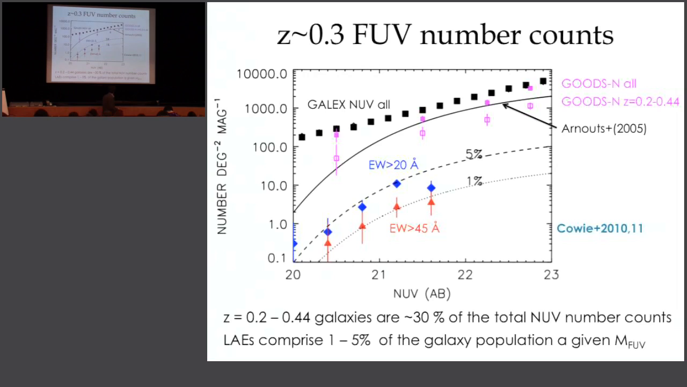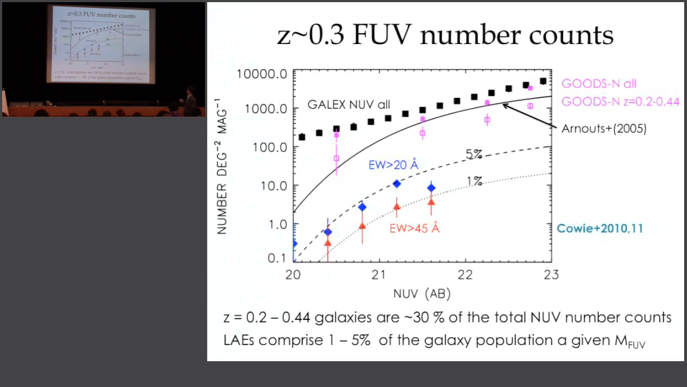Perhaps that's not entirely unexpected. These are the number counts, so how many of the local emitters. Here on the x-axis you have near UV magnitude, on the y you have the number per square degree per magnitude. So it's not quite a luminosity function, just telling you how many sources of a given magnitude there are on the sky. The important line to look at here is this sort of continuum